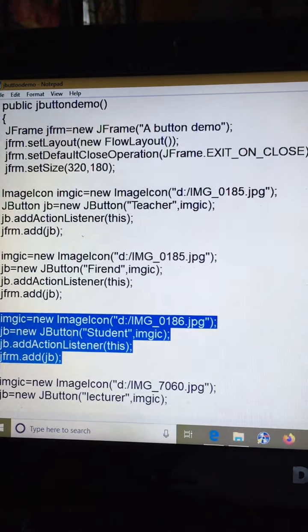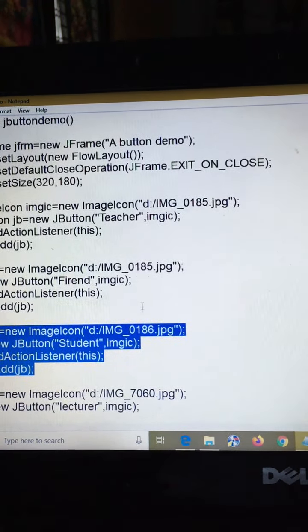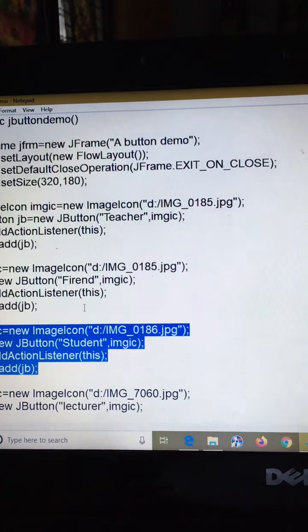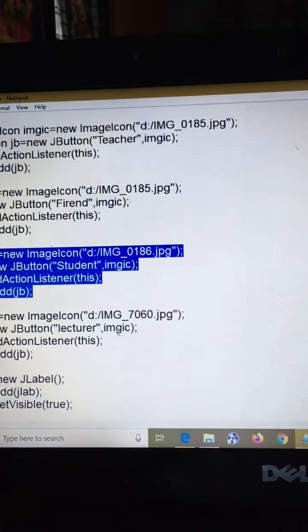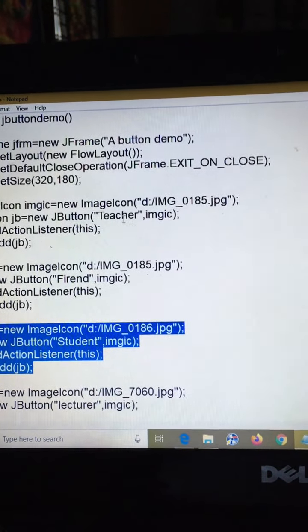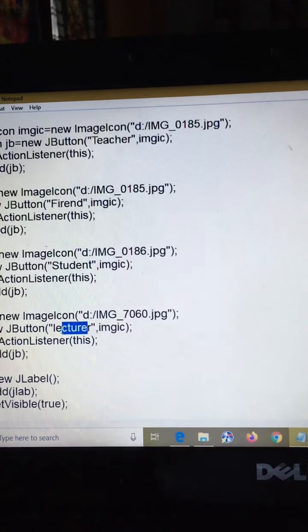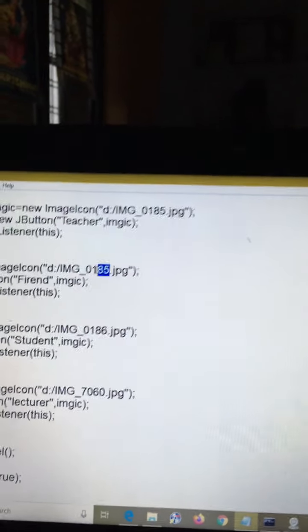Same image underscore 0186. So we changed the image, and we also changed the text. In a similar way, lecturer. So the texts are teacher, friend, student and lecturer, and the images are 0185 and the same image.